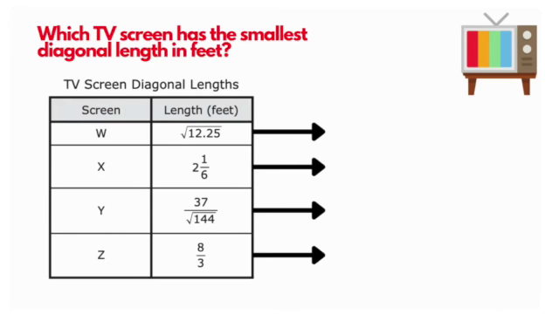So why don't we just take a second and change all of these values of W, X, Y, and Z into decimals. Let's go one at a time. So we have the square root of 12 and 25 hundredths. We punch that in our calculator, we get 3.5. 2 and 1/6, so that's going to be a mixed number, which is a rational number, but we're going to call it